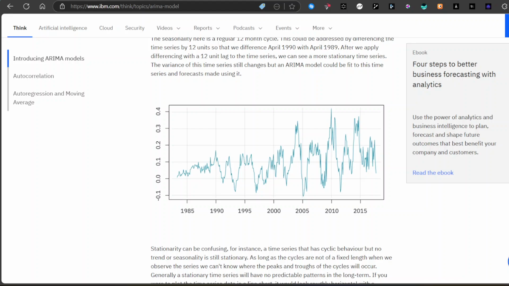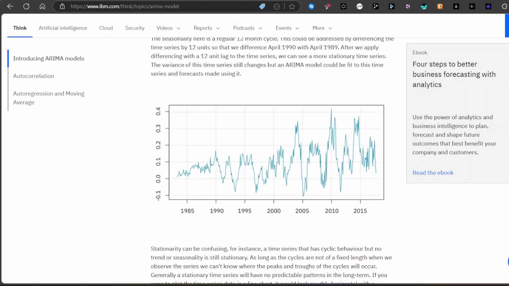Now, differencing the data, subtracting the previous observation from the current one, is a common method to achieve stationarity. Once the data is stationary, the model can more reliably capture the true underlying patterns, enabling more accurate forecasts. Now, the moving average component